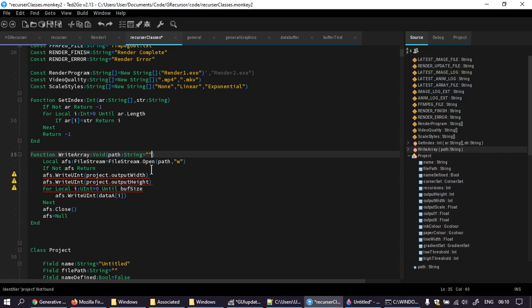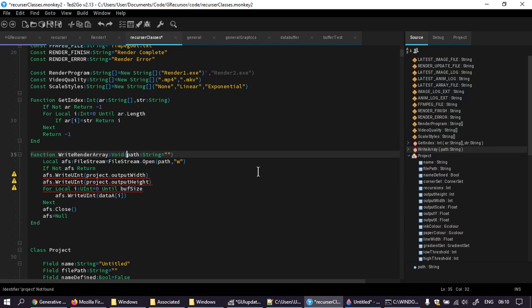Well, I suppose I could just pass in the width and height, really. I need to pass in the actual array as well anyway. So I'll call this something better. I'll call it render array,